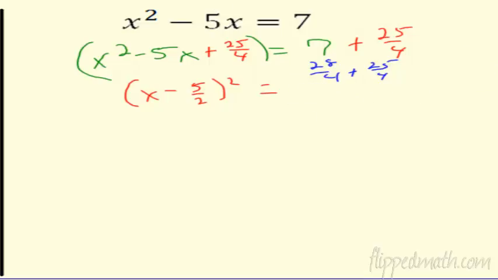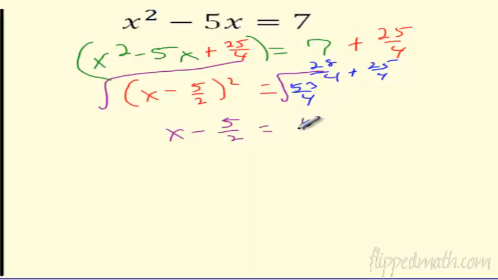Kind of hard to read that. Let me try that again here. So what would I say that was? 53 fourths. Awesome. So now let's solve it. I'm ready to square root both sides. Square root both sides. So I'm looking at x minus 5 halves equals plus or minus the square root of